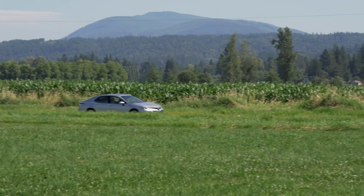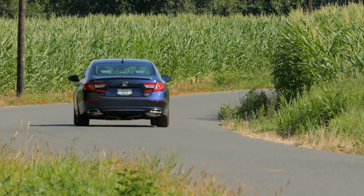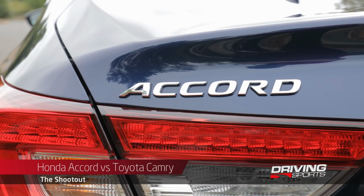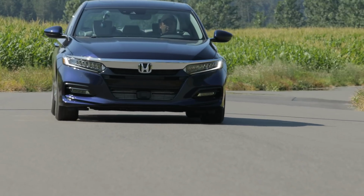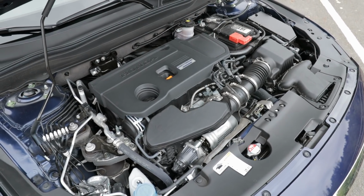Today we're taking a closer look at two cars in the highly competitive midsize sedan segment, in a new bit that we're calling the Shootout. Our first contender is the 2018 Honda Accord. It's popular, good-looking, and people like it. For 2018, it received a complete update, including the availability of a sweet 2-liter turbo borrowed from the Honda Civic